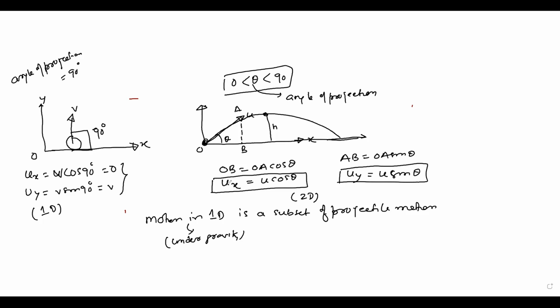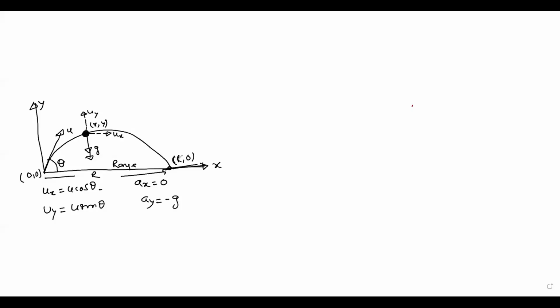So let us try to break it one more time. Let me clear this whiteboard. You can see in this diagram, I am throwing a ball with a velocity of u at an angle theta with respect to the x-axis, and the ball has reached some point P, where the coordinate of this point P is x and y. This is the origin, the coordinate is 0, 0, and the ball has gone to a maximum distance, suppose r. Then this r is called the range of the ball. At this point, the coordinate will be r and 0, because there is no height involved, only the horizontal distance.